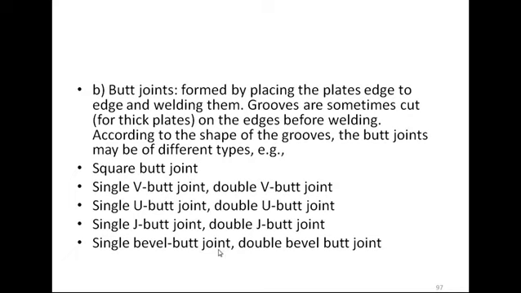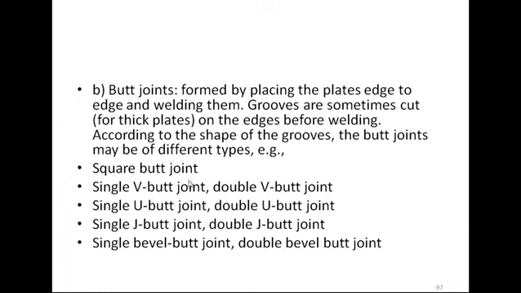If there is a V shape in between the two plates, that is called a V butt. If there is a U shape between the two plates we are going to join, that is called a U butt. If there is a J shape, then it is called a J butt. So as per this type of shapes, this can be